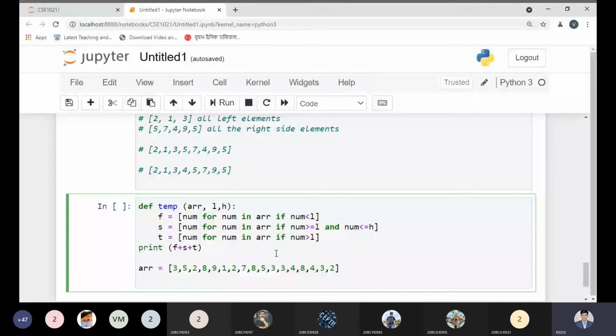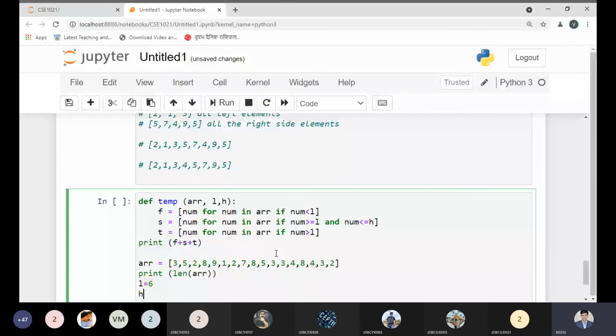So here, how many elements do we have? Just let me take the print. So let me count the length here, and I'm choosing the L value as the minimum value. It should be around 5 to 6. What do you want to choose? And for the high value, I can choose the maximum value if you want, but I want to use only the 9, like this one.